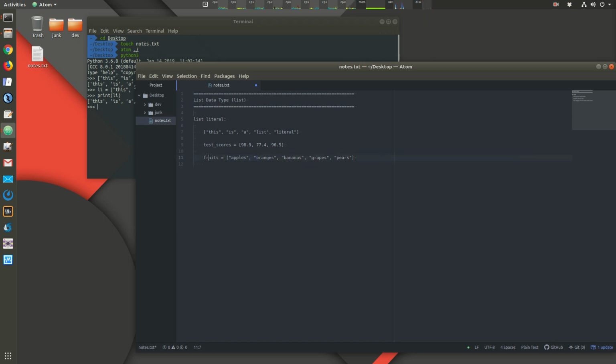All right. So this is a variable. It's an identifier, and we are storing in that variable this list. This list has 1, 2, 3, 4, 5 elements in it. Okay. So we have these variables. One of the things that's common in Python is you might need to know the type of the data stored in a particular variable. Okay. So if we say type of test scores